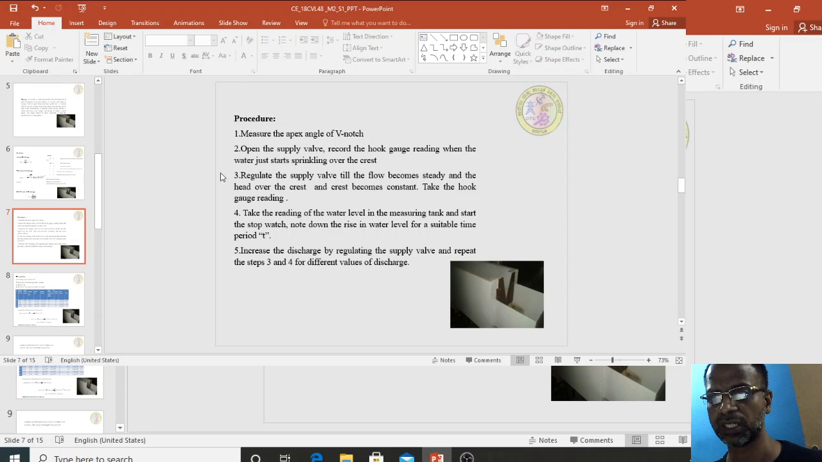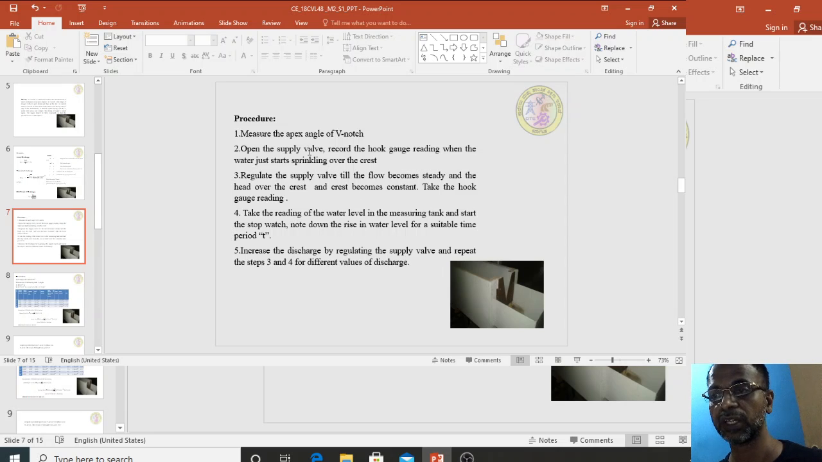Coming to the procedure, measure the apex angle. This is the apex angle of the V notch. How to measure it? Before fixing this in position, you can take a paper, draw the sketch, and measure it using a conventional protractor. Next, open the supply valve